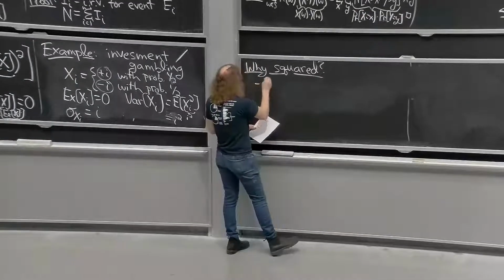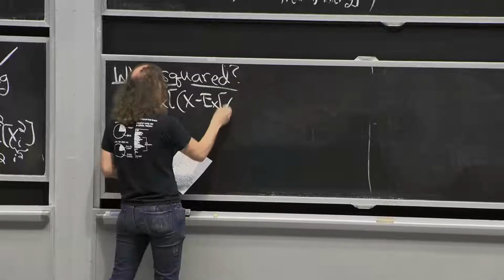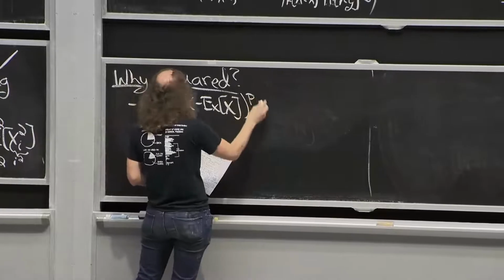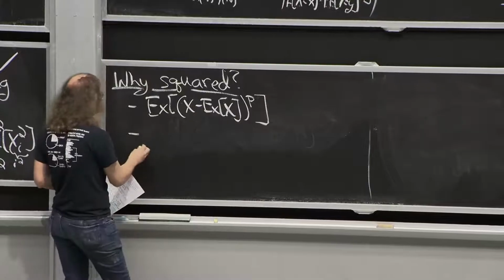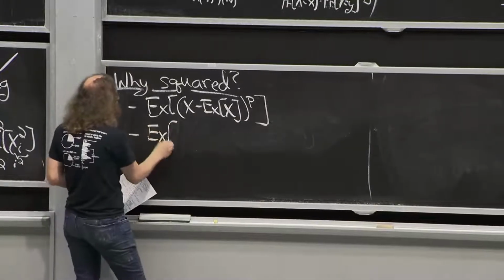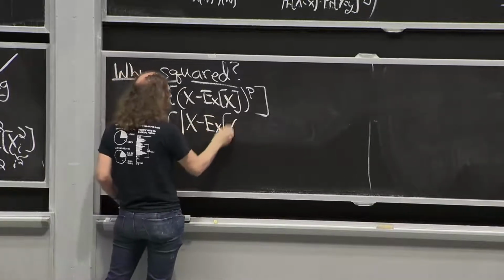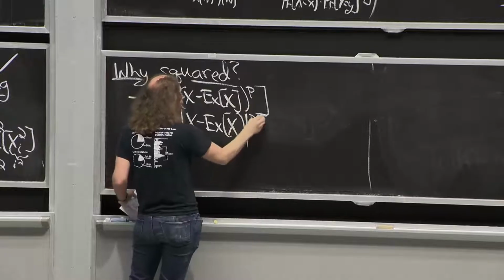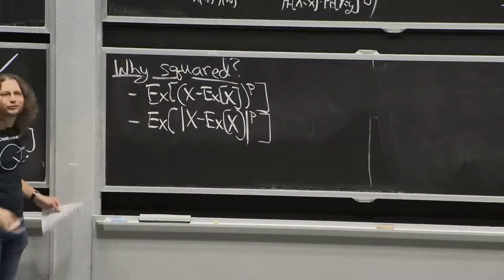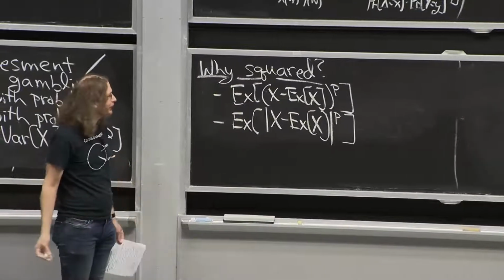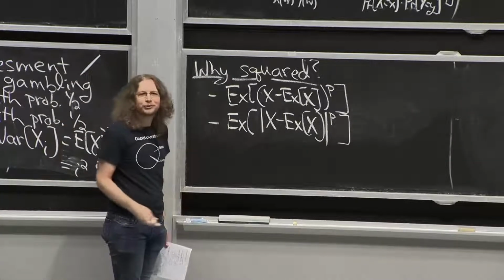One possible answer. Now, there are different things you might try to do. One would be expectation of x minus expectation of x, to the p for some number p. What we just did was 2. Another thing you might try to do to fix it is absolute value. And just for fun, we could also raise that to the pth power. And so these are natural things to try, I would argue, especially if you know anything about norms or geometry and stuff. And it turns out all of these are interesting.